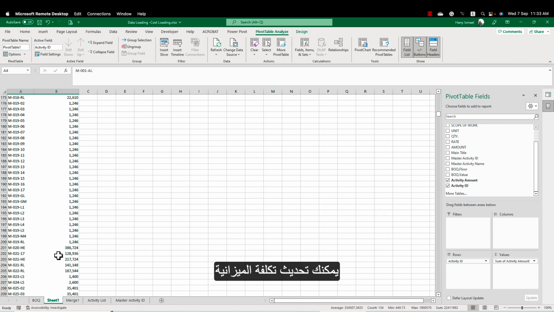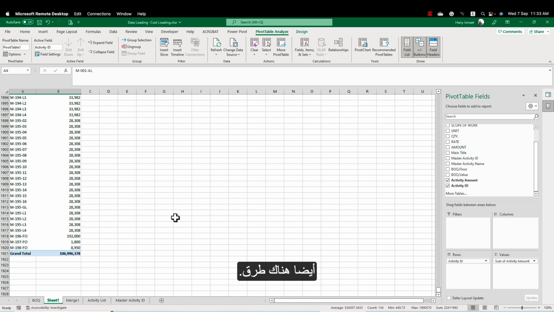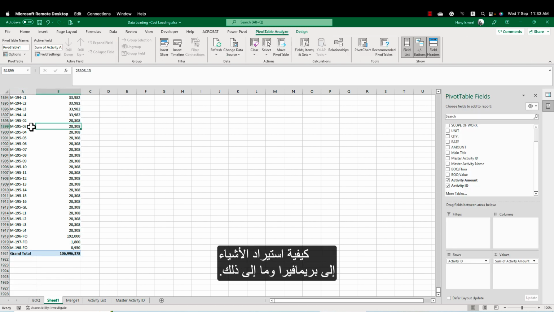You can update the budget cost, and also there are ways to create the WBS and the resource loading using the same ways. If you are interested to know more about how to import things to Primavera and so on,